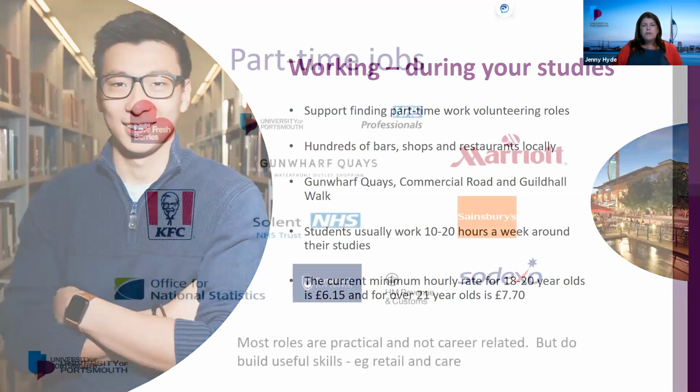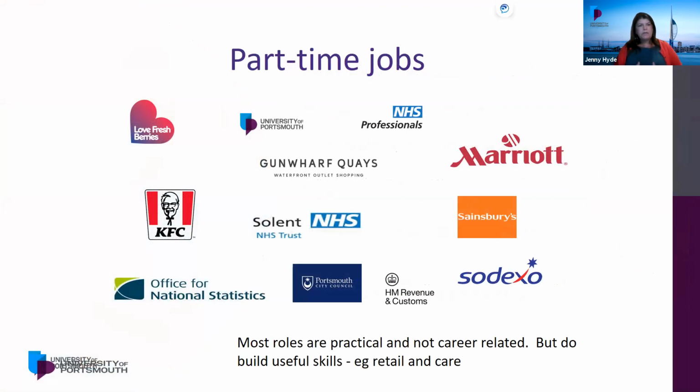And the sort of part-time jobs that we are able to assist you in going for would be with the NHS, with Marriott Hotels, KFC, lots of different opportunities. Most of these are practical rather than career related, but they build really useful skills. We have a dedicated member of staff who looks after the part-time job vacancies, and there were over 1,500 vacancies last year. So there's lots of opportunity, whether it's retail, it could be in the hospitality sector, or it could